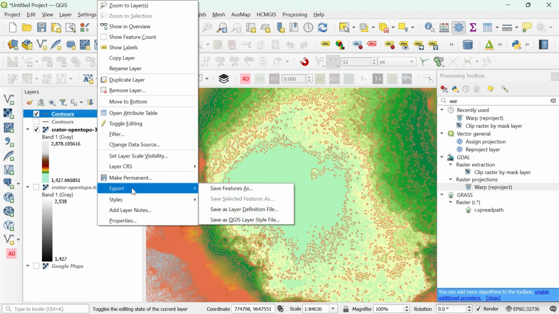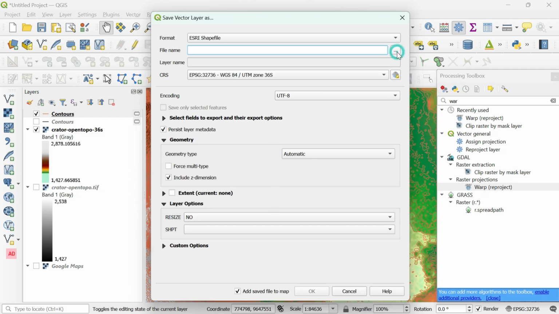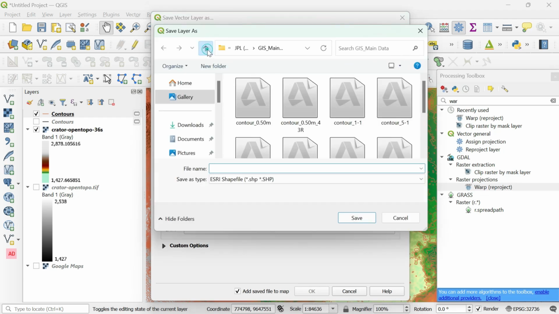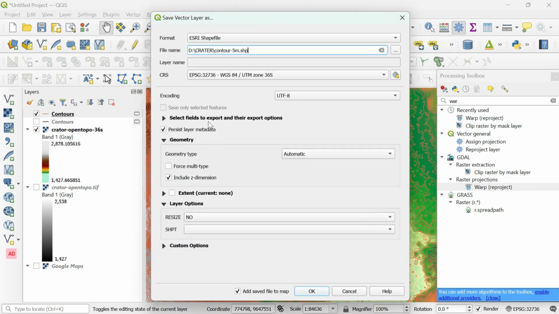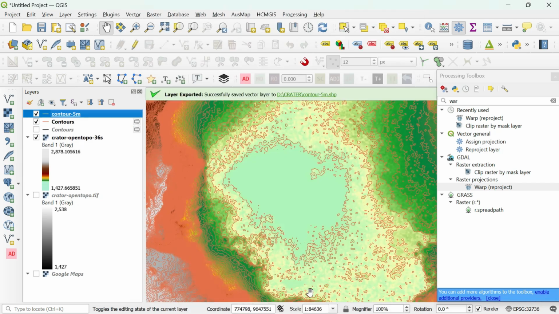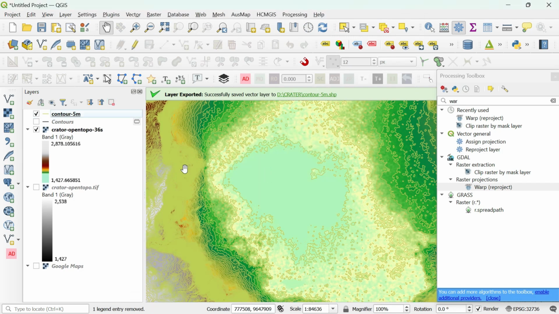I just want to save it. Save as a file and give the location. Go to the creator folder, and here name it contour 5 meter, 5 m, and save as a shape file. Okay. We don't need this line, we can cancel it here.